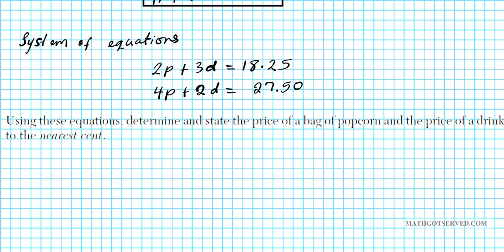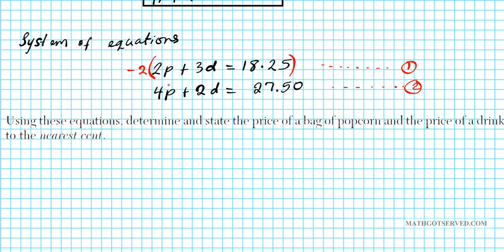So what we're going to do, let's eliminate the one that's easiest to create opposites for, okay? So you notice there's a 4 here. Can I multiply this equation by a number that easily converts this to a 4? Yeah, I can multiply by 2, okay? So let's call this equation 1 and call this equation 2. What I'll do now is multiply the first equation by